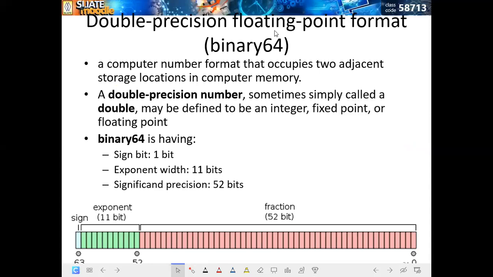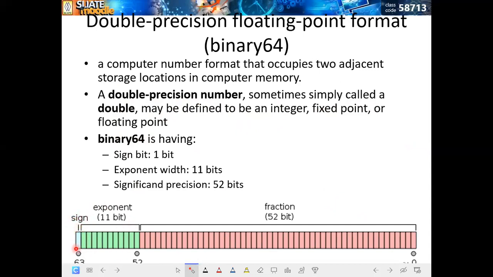This one says a double precision floating point format. It says a computer number format that occupies 2 adjacent storage locations in computer memory. A double precision number, sometimes simply called a double, may be defined to be an integer, fixed point, or floating point. Anyway, what you have to consider in here is for the exponent part, for the sign part, still